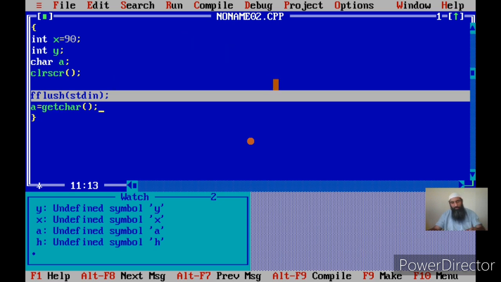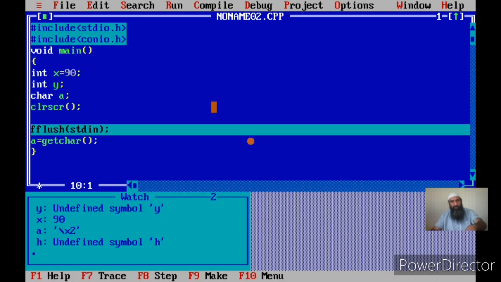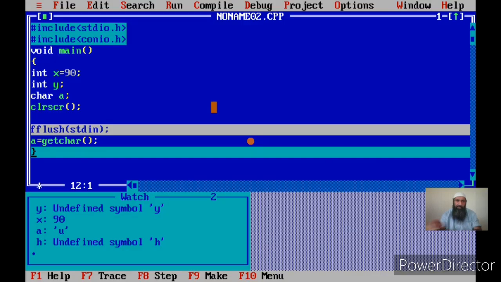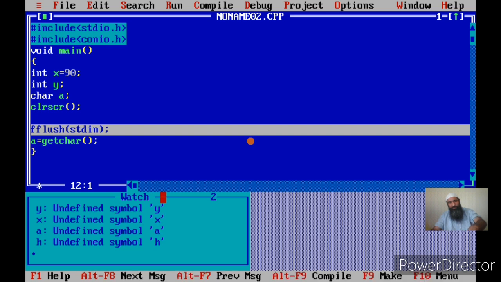Let us now execute this program and you will see how it works. Now here, first I flush. Now getchar. See here, this is important because you should focus on what I am doing. I first press the character. I have pressed U, so U appeared on the screen, but still it is waiting. What for is it waiting? It is waiting for the enter key. Once you press the enter key on the keyboard, the input will be taken. And if you see, I have pressed U and that U is stored in a. The indication is here in the watch. You see a is now initialized to U. Once more again, I'll show.